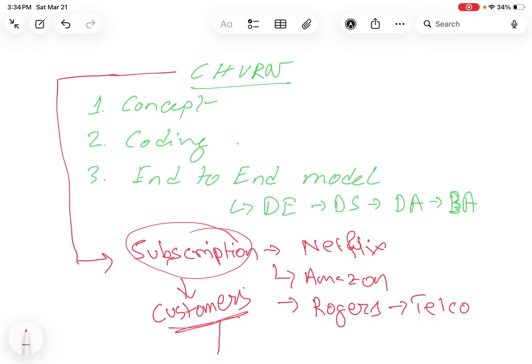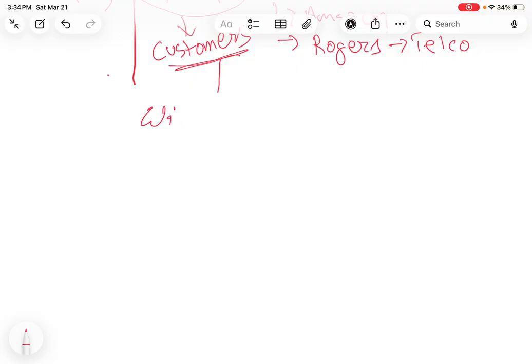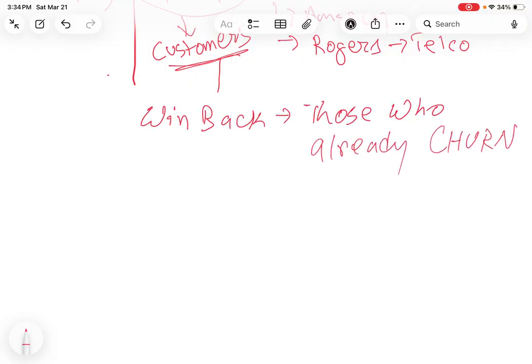Or there's one more thing: for customers who have already left, you win them back, those who already churned. By giving them some discount or a better offer, you can win them back. Okay, so the overall idea is to understand this from a business perspective,